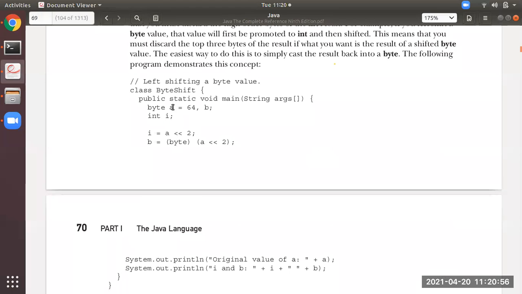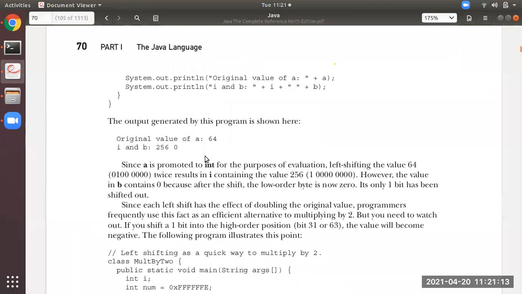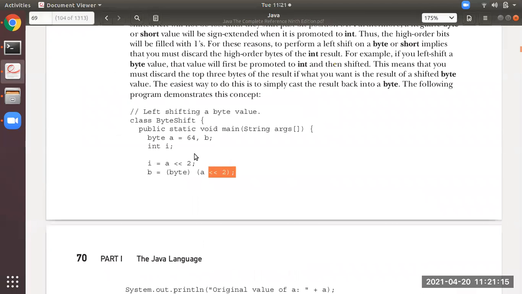See here, in this program, byte a is equal to 64. Then there is one variable, i. So i equals a left shift 2. So a is 64, no?